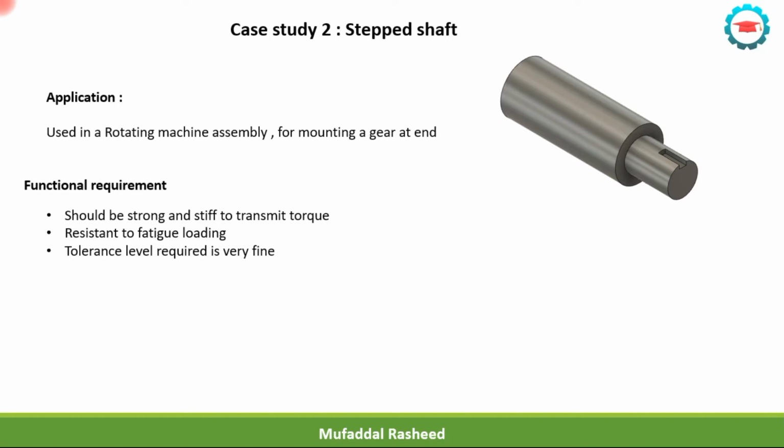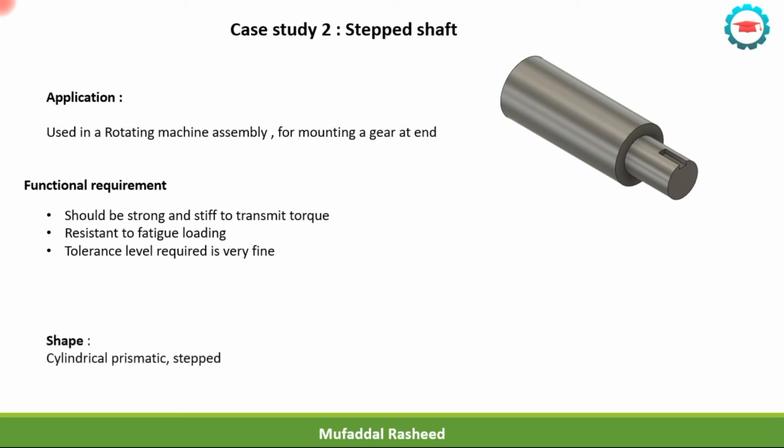That is the tolerance required on its outer surface, the runout, as well as its positional tolerance in terms of the keyway as well as the step. So it should be having a close tolerance in the range of something like plus or minus 0.1 or 0.2. So that tolerance is applied on the size of the part as well as the position location of the step as well as the keyway and all the other parameters. Since it is used in rotating machinery, any deviations in the runout will cause wobbling of the parts.